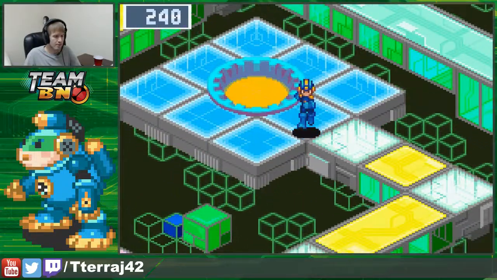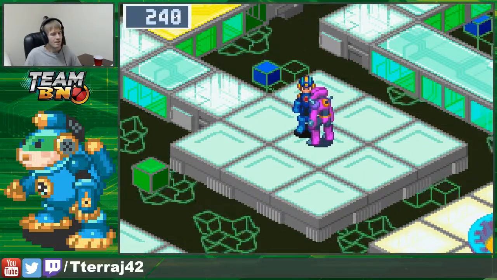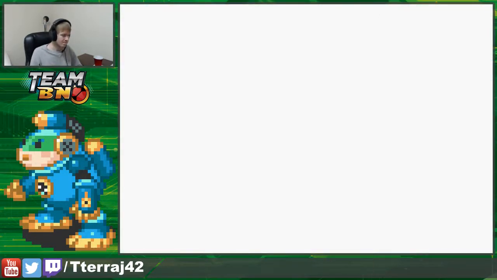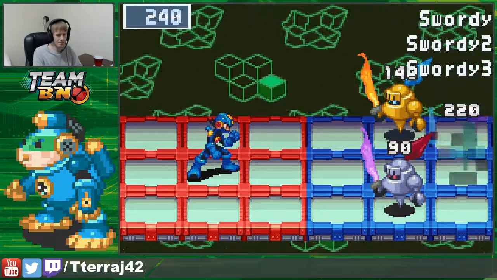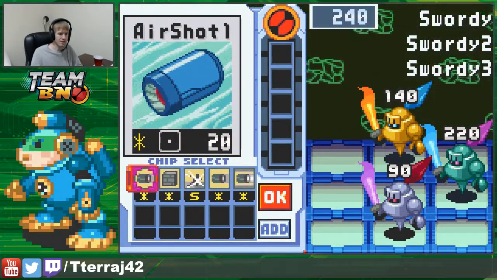Fortunately, the guy we're looking for is right here where the X data was way back when. And so, let's talk to him. I guess saving before the fight would probably be advisable because these guys can be pretty scary. Now,